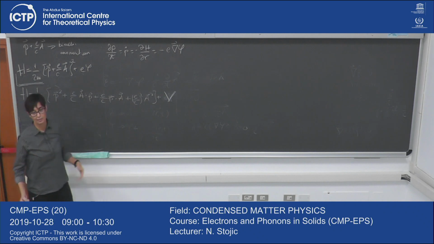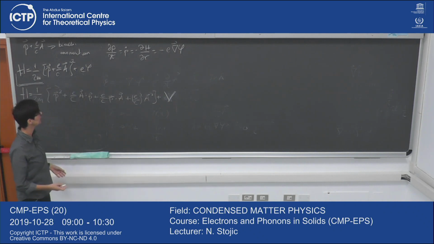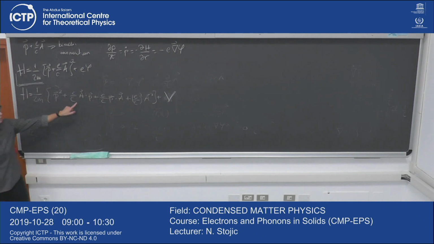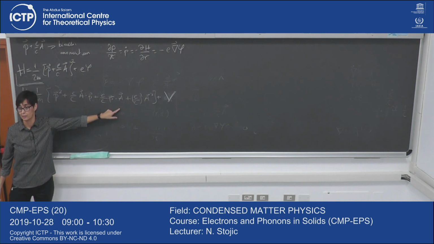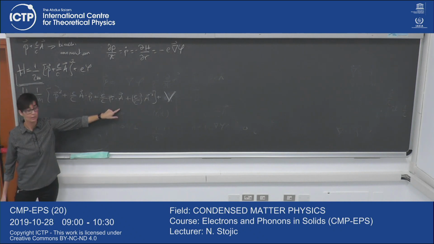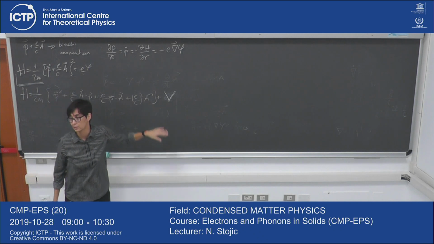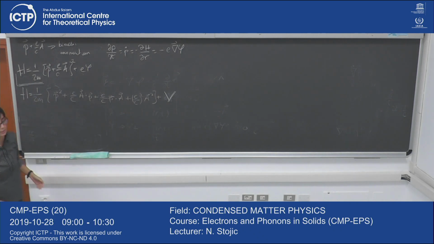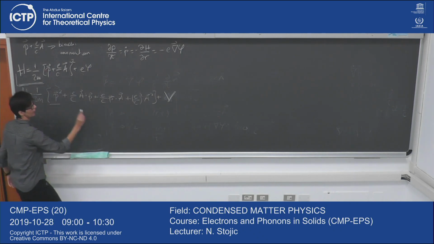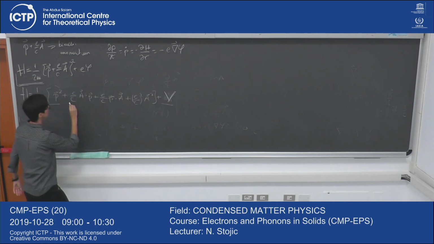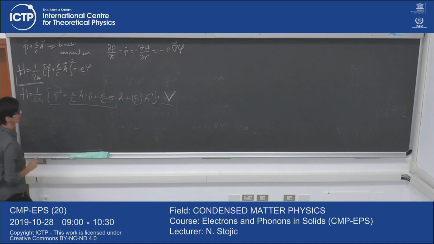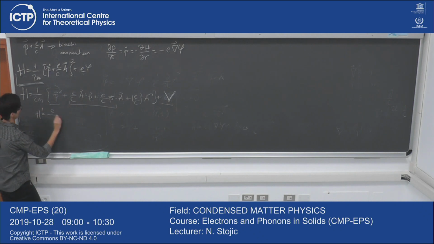So to keep our life simple, we will actually just take into account the first order terms in A. They're more significant. And disregard A squared. You get a bit of corrections. So this is the part of H0, and this is the H prime. My H prime, that is e over 2mc.